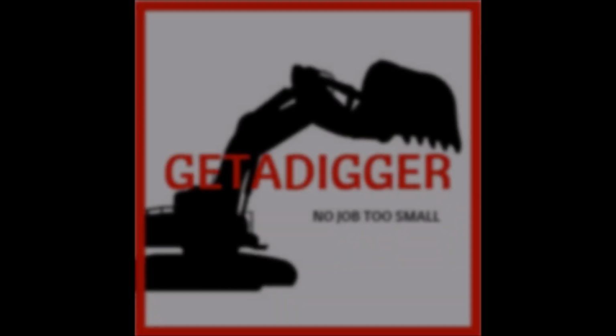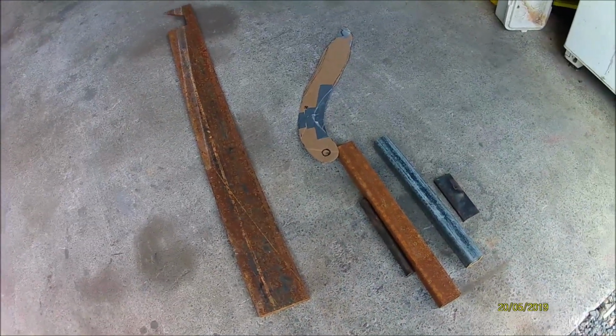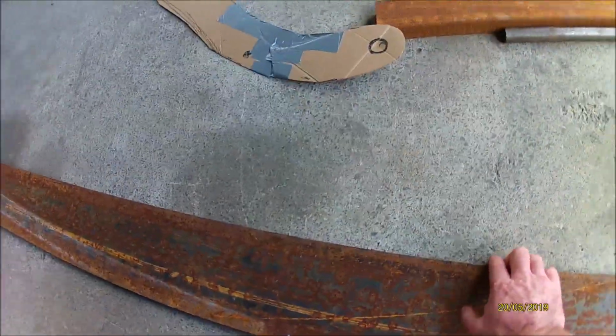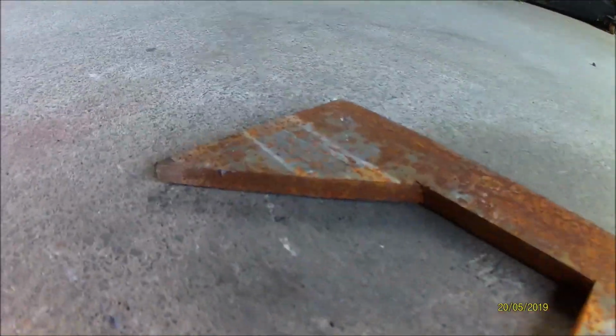Morning everyone. Well, today we've got a new start on a new project, and that's going to be the thumb for the excavator. It's a bunch of steel here that's going to sort of turn into that. This is some heavy stuff. I can't even pick it up, but that's 12 mil,